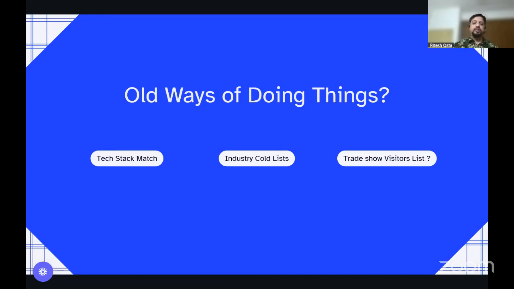And trade show visitor list. So there is a trade show around home care, or there is a trade show around certain industries. Then birds of a feather flock together, as they say. The people who are going to come in are going to belong to the same industry. In many ways, you can get access to those lists. You can build your similar company list, and the use cases are many. I'm going to show some of these.